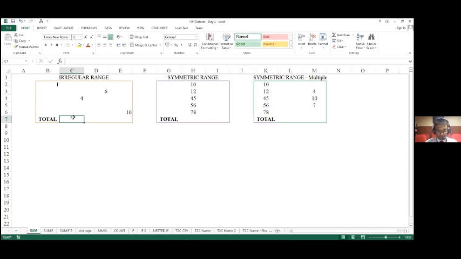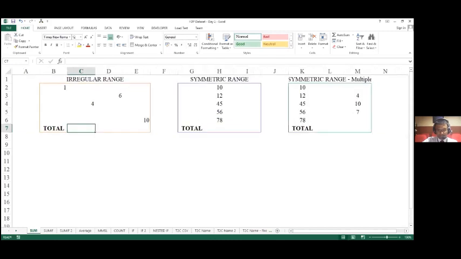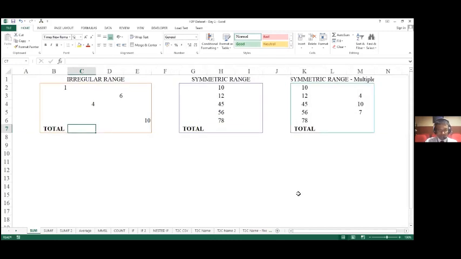So like I reminded before, every formula will have a syntax, and by default in Excel, the syntax will always start with equal to. I'll just maximize my screen a little bit more to make it visible. So I'm going to start off with equal to.